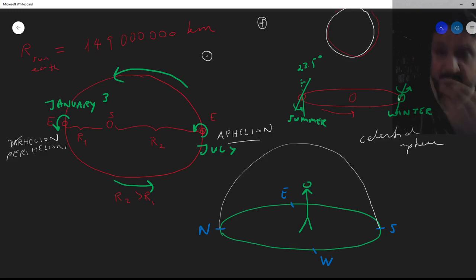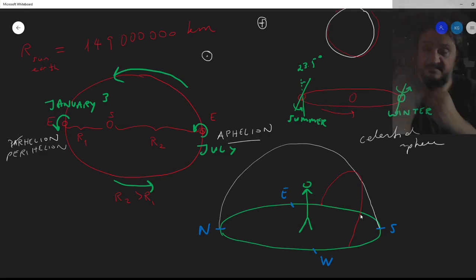Now, in the winter, the sun will rise in the east, but not exactly east, but a little south of east. It's going to rise, it's going to follow an arc in the sky. That's the apparent motion of the sun. In reality, remember, the sun is not moving. I mean, we are rotating, okay, the Earth is rotating around its own axis. That's why the sun appears to be moving in those 10 hours or whatever, right?